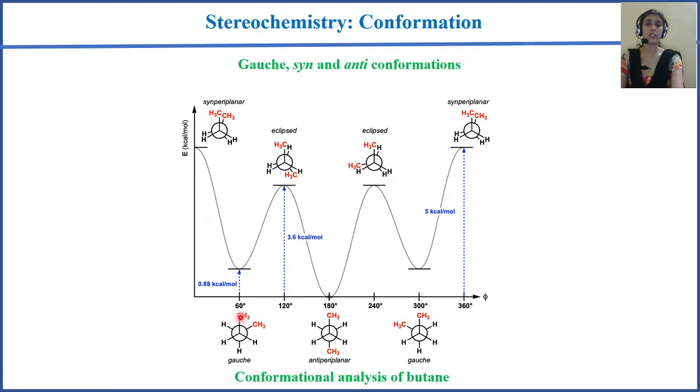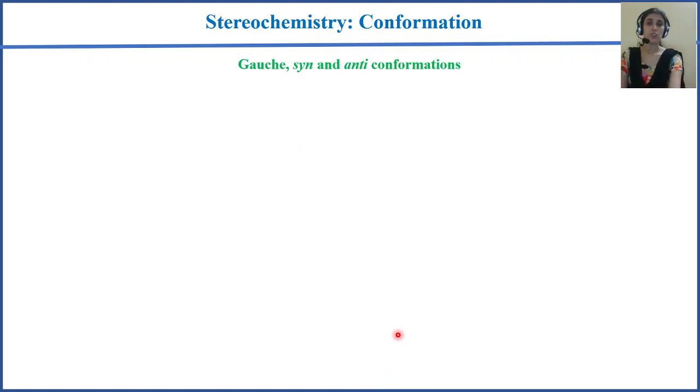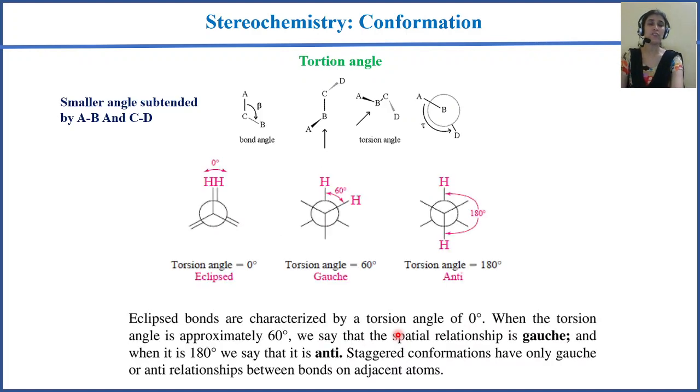Whereas according to torsional angle, this is plus 60 degree, or we can write just 60 degree over here. This is the 60 degree rotation, plus 60 degree torsional angle. This is minus 60 degree torsional angle. This is 60 degree dihedral angle, but this is 300 degree dihedral angle. To know the structure of different proteins in biochemistry, for the long molecules, we use torsional angle. Otherwise, torsional angle is very important in the biological system.